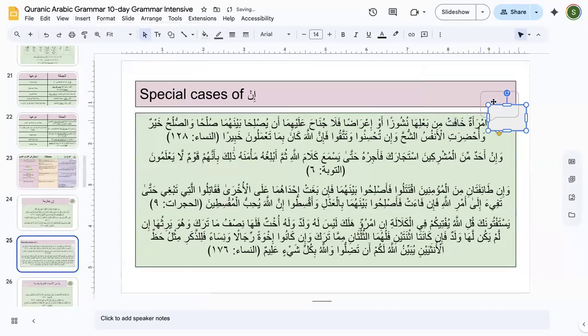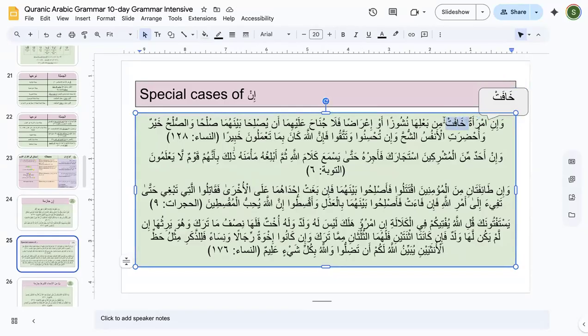Okay, the same fi'l that has come in the sentence is going to be considered omitted in here, and that was, if you can see, khafat. So khafat, imra'atun here. If a woman fears from her husband nushuz, or i'rad, that he's ignoring her, then there is no blame upon them two, that they reconcile among each other. Okay, so khafat is going to be considered omitted here. You will find the sentence has a fi'l which is omitted from there.